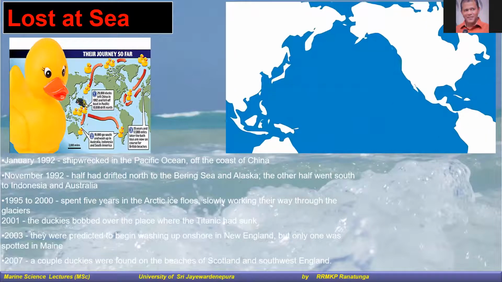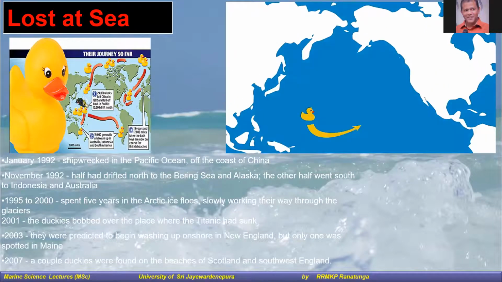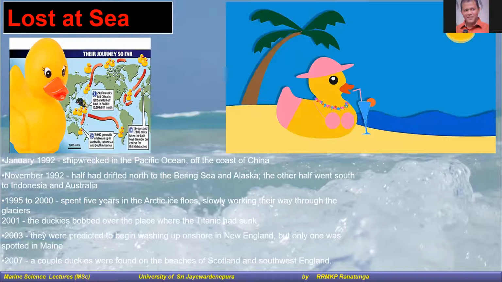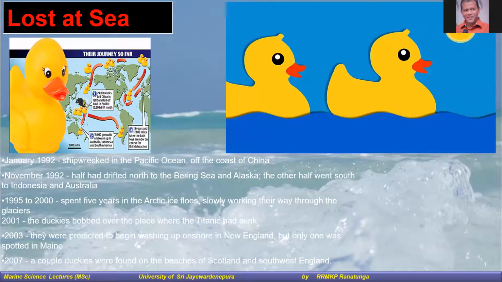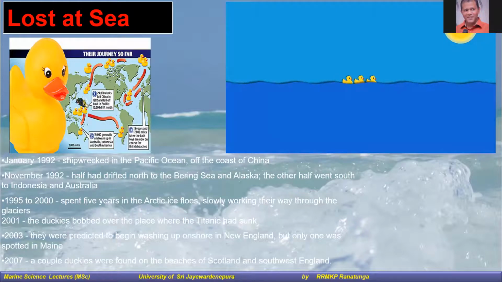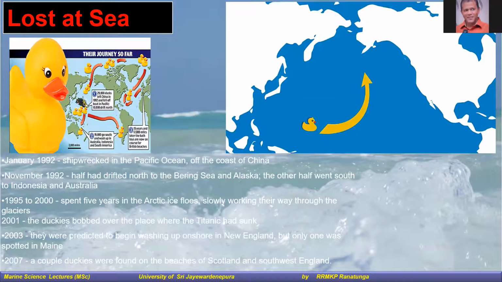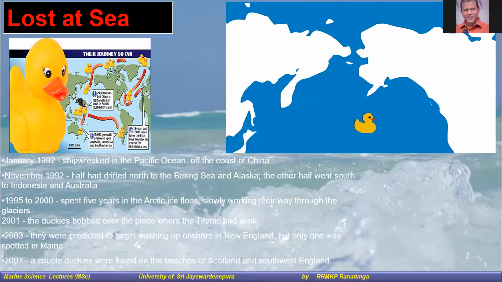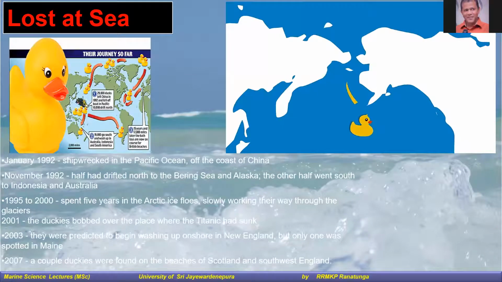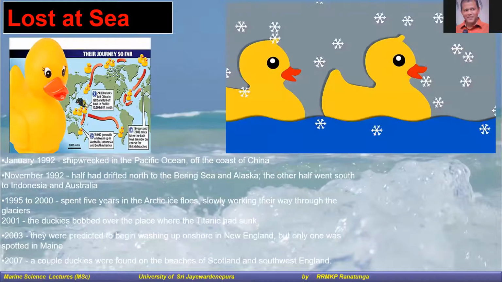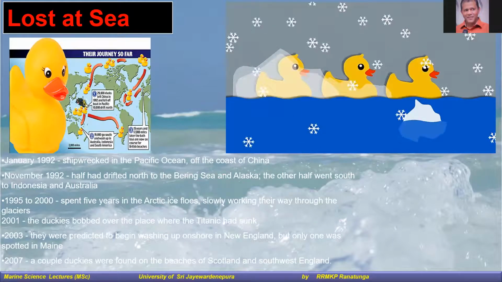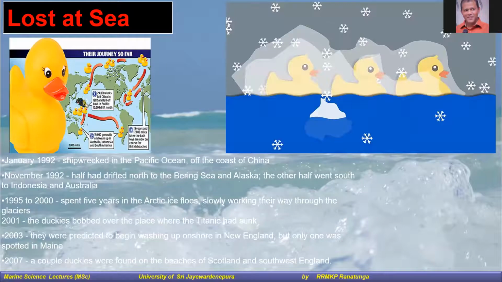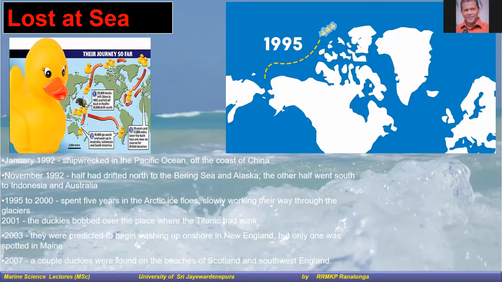After their tour on the Pacific Ocean, the ducks ended up chilling on the beaches of Hawaii. But some of them were going to explore the ocean. They went back to Alaska, but this time the remaining floaties drifted north through the Bering Strait. In the Arctic Ocean, the ducks went further east and froze into a block of ice and were slowly crossing the pole at 2 kilometers a day.